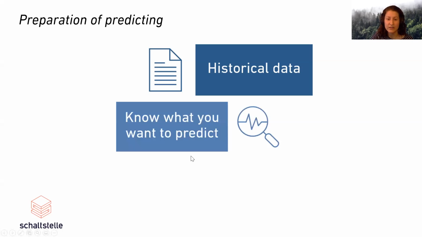The second thing is know what you want to predict. Just having a bunch of data doesn't automatically provide you with wisdom. That's why it's important to have a well-formed question you want to answer with your data. It's a lot easier to work on a well-defined target and also know when this target is reached. It's also good to know when to stop optimizing your model. For this, you need certain criteria that have to be met, like the prediction must be accurate in 80%